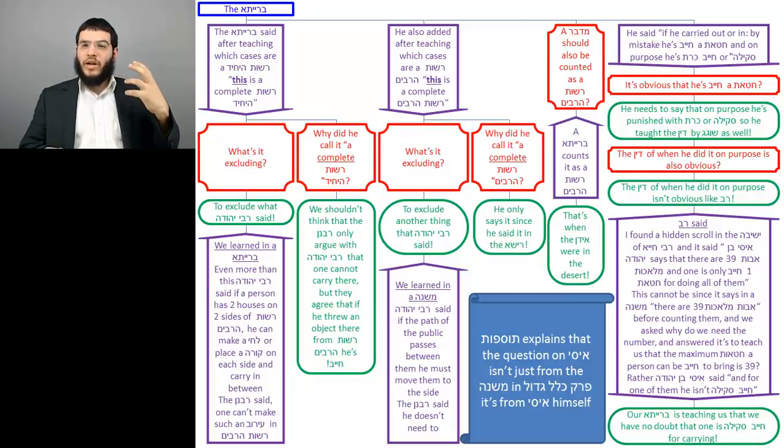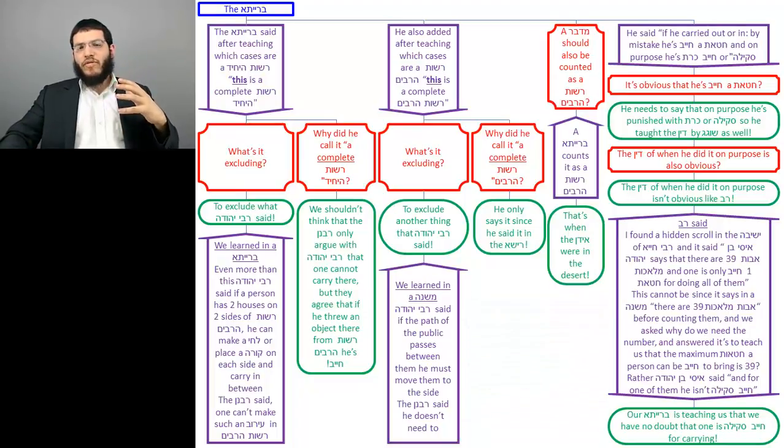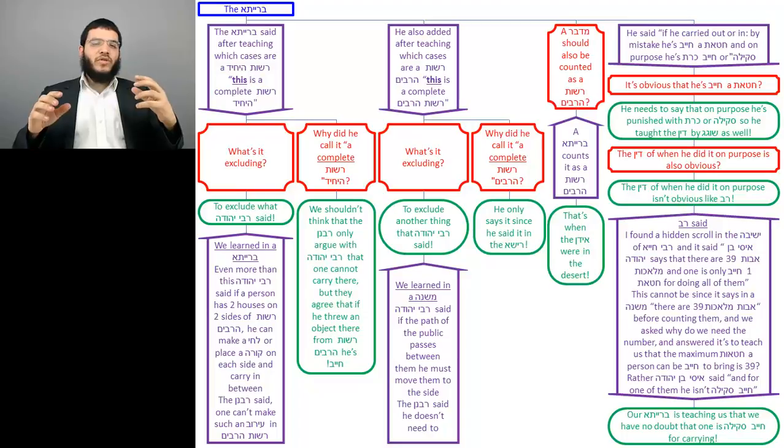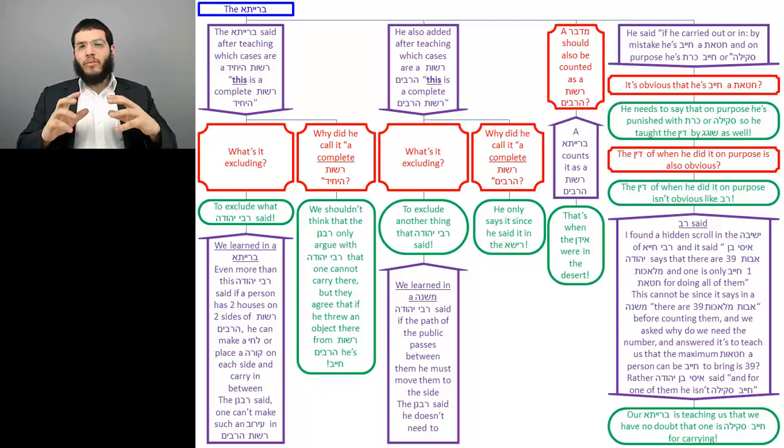So Tosfos here is explaining to us the Gemara, that the question in the Gemara is not just from the Mishnah in Perek Klal Gadol, but it's also a question on Isi from himself. There's an inherent contradiction in the teaching, and that's why the Gemara doesn't like it. So we see over here the general overview of the Gemara, with the Tosfos trying to put an emphasis on how the purpose and goal of Tosfos is really to help us in understanding the Gemara, and it supports and explains the Gemara to us.